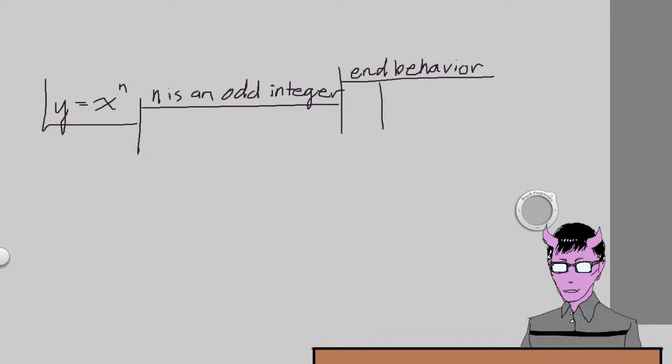Okay, so end behavior meaning we have a down-up trend or an up-down trend, so either like this or like that. Because again, the negatives are important: if n is an odd degree, then the negatives are not gotten rid of. Versus, in contrast, if n is an even integer,